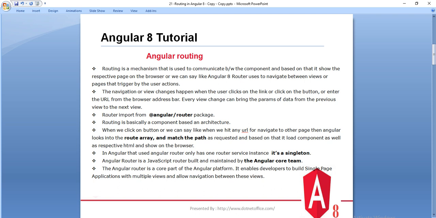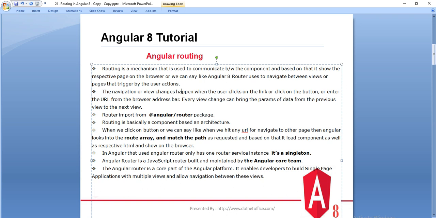Like if I click on the button and we want to redirect to a different page on the button click, then that navigation is done by the routing. So basically the navigation or view change happens when the user clicks on the link, or clicks on the button, or directly enters the URL in the browser. Every view change can bring the param of data from the previous view to the next view. That is done by the routing, and this routing is imported from the